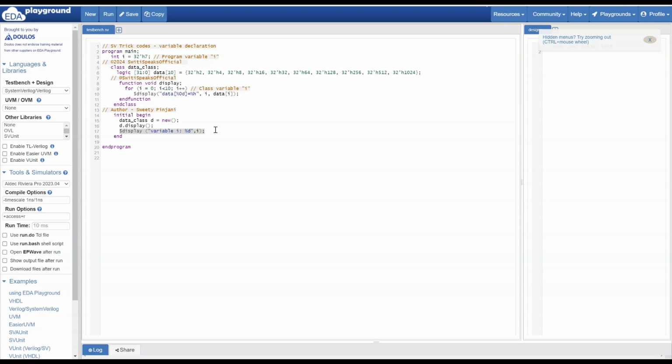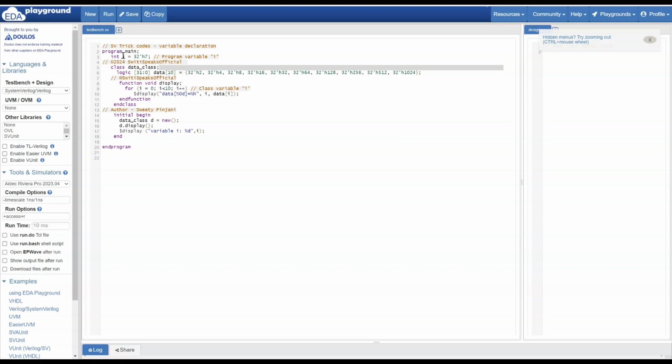Now I'll explain what the problem with this code is. If you look carefully, the first problem is the program level i variable and the class level i variable. The name is the same, and first of all, this creates confusion. Second thing, here I have declared that i is of type int, but here I did not declare it. So what will happen? It will take the program variable itself. This is not a second variable.